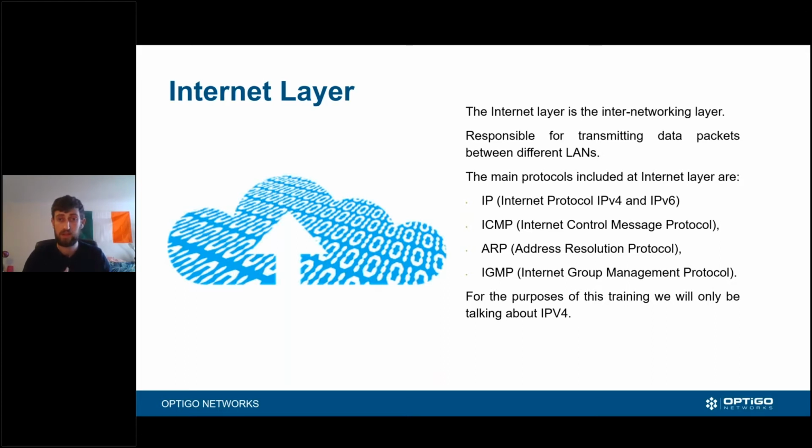Just as Tom said, we're going to focus on IPv4 for now. IPv6 is starting to grow in importance in our industry. It is still fairly sparse in usage, but I do know there are some larger corporations that are starting to use it, and some of the product vendors are starting to support IPv6. But from an understanding point of view, if we can't understand IPv4, IPv6 is significantly more complicated in many cases. There are some cases that are a little easier, but reading an IP address in IPv6 is a lot harder. So let's focus on IPv4, and at a later time, as Tom said, maybe we'll come back and do a webinar on IPv6.